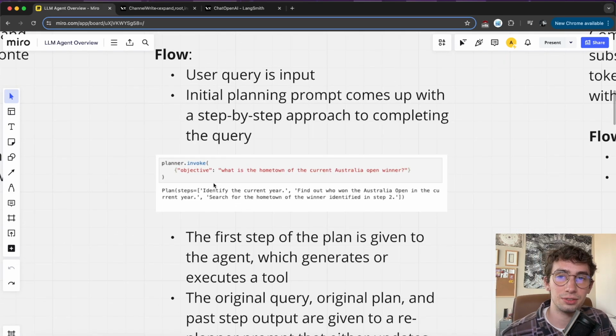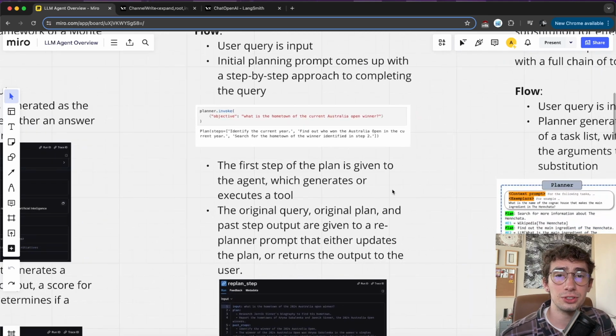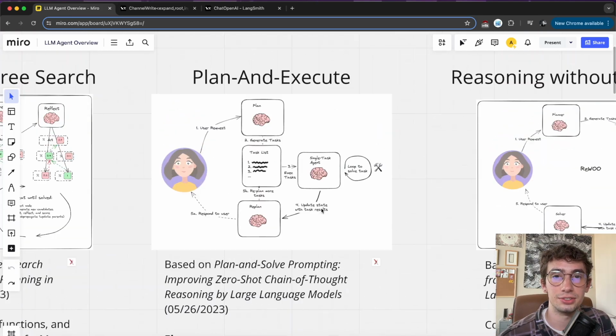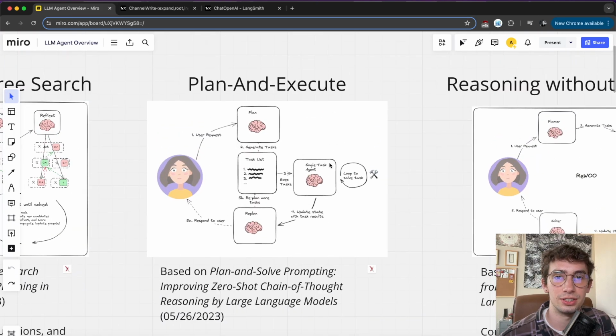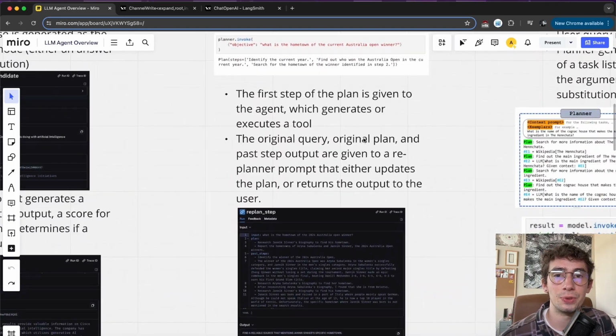So for this objective input, which was, what is the hometown of the current Australia Open winner, the plan here is then identify the current year, find out who won the Australia Open in the current year, and then search for the hometown of the winner identified in step 2. The first step of the plan is then given to the agent, which either generates or executes a tool, this single task agent. So it'll look at that first step, and then the original query, the original plan, and